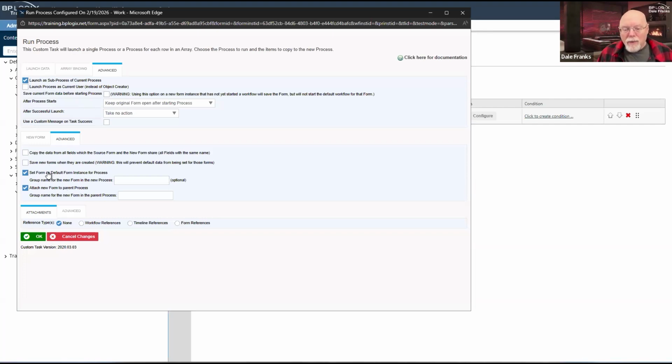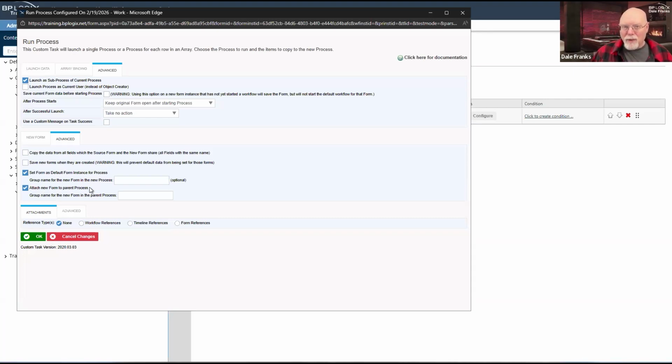By default, when I create a child process, it's going to do two things. Yeah, here it is: attach new form to parent process. It's also going to attach the parent form to the child process.